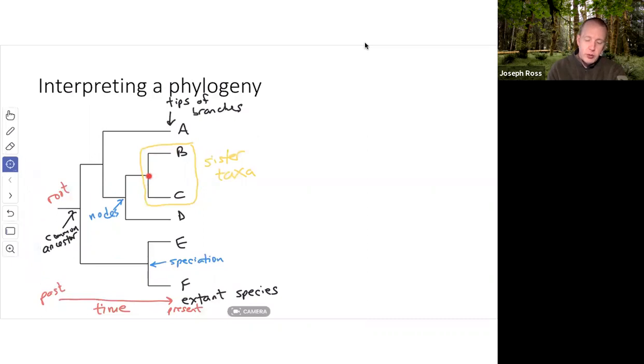They are the most closely related two species to each other, and that's because they share a common ancestor most recently in the past. This defines those two taxa, those two species, as a clade, which is defined as the entire set of currently existing taxa that share a common ancestor and not leaving out any other species. So for example, to make that point a little bit more clear, B, C, and D is also a clade because that group of three species also shares a common ancestor. But we would not call C and D a clade